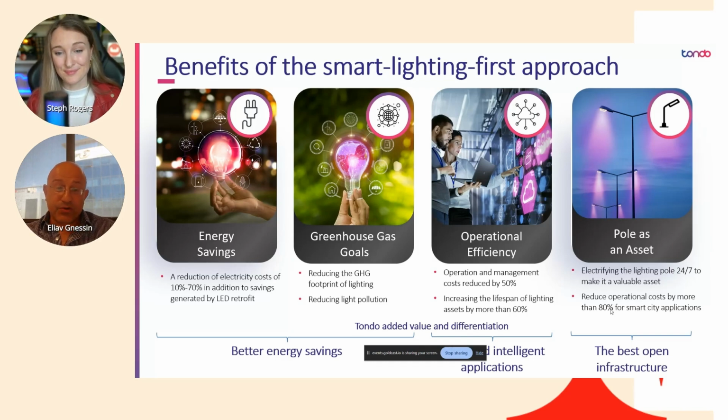Yeah, so I think the cool story is what we do with it, because it's not only about the operational efficiency. It's also about the data and what we do with the data, and making the pole really smart. One important aspect is that each one of these controllers has a relay. It can turn the light on and off, it can command the LED light, and the pole itself can be electrified 24/7. So I can install other applications on every pole, like cameras and EV charging, because it's live. It has electricity during the day. That's a very important aspect of the story.